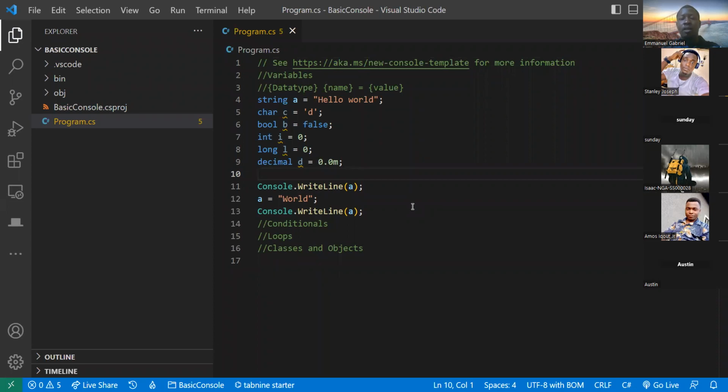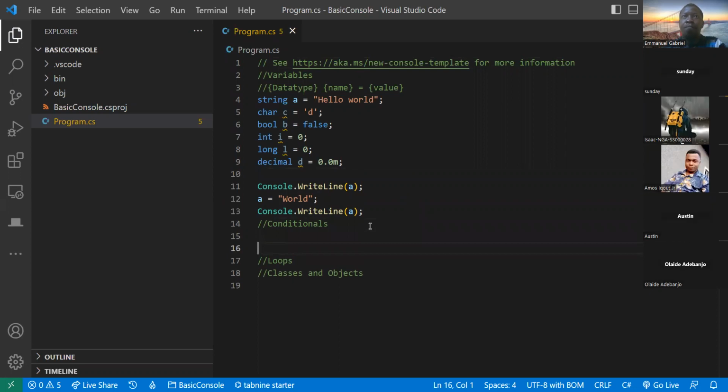All right, great. Now, moving on to conditionals. Conditionals, like it says, are conditions, and you have to make a decision. I'm going to give you an example. You're working on a path and you have two roads. There's no way you can go on both roads. You could go on one road, come back and go on the second road, but at a singular time you can't go on both. Now, there should be a condition that helps you decide which road to go to.